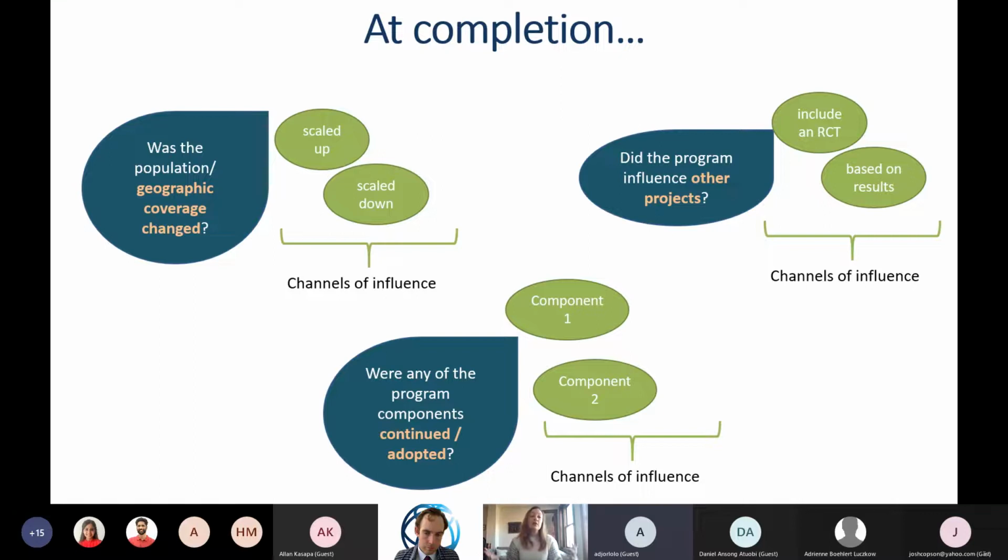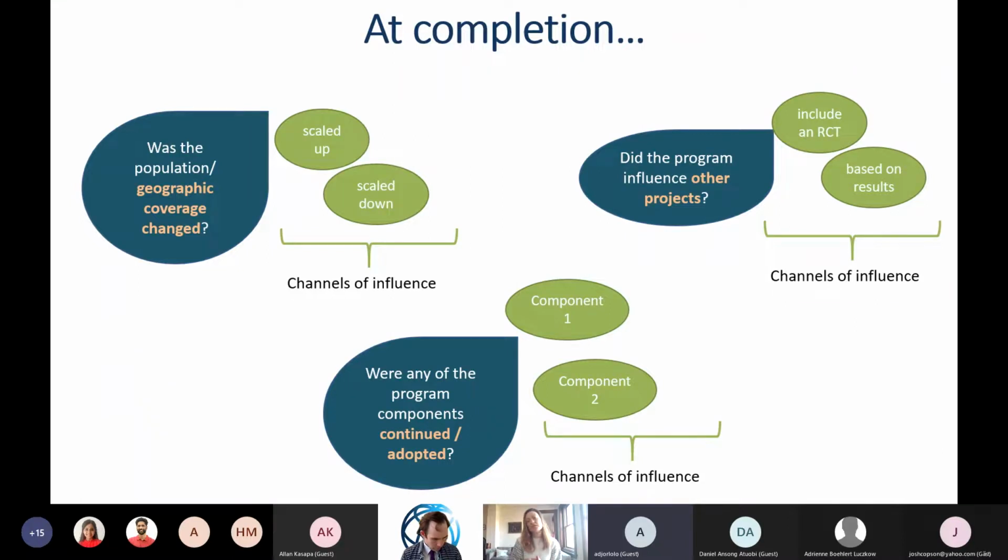So let's say you realize that it worked. You managed to improve the efficiency or the performance of civil servants. Things are running really well. This is a big win. So did you decide to implement a similar program or make it a national policy and have everyone involved in this? That's the first potential way that you can use your program to make things better.